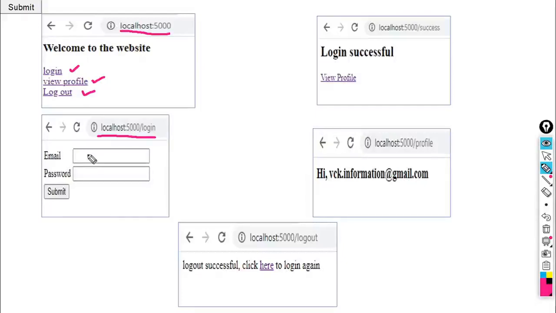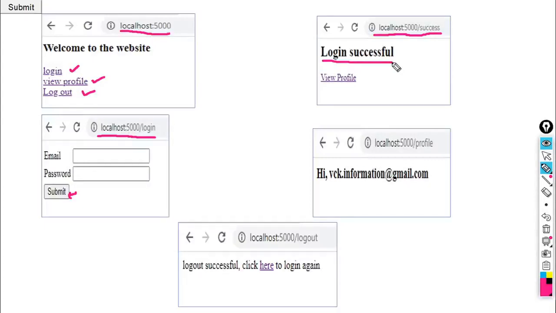With the help of this URL, it will ask for email ID and then for password. When you enter the email ID and password and click on the submit button, it will automatically take your control to the URL success. So localhost success, this URL will be executed automatically when you click on submit, and then it gives you login successful, if your password is correct.